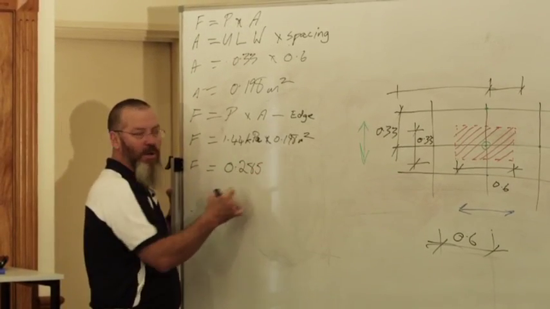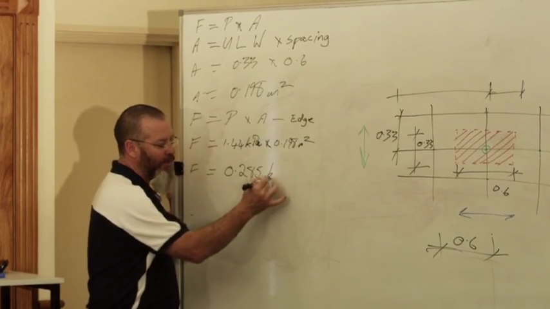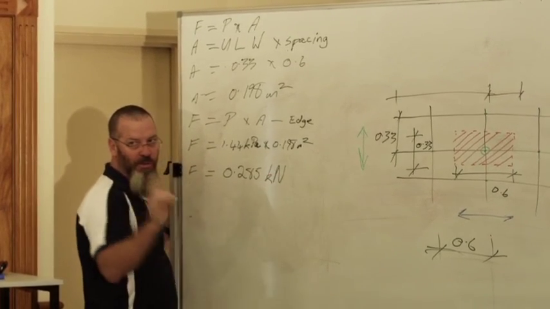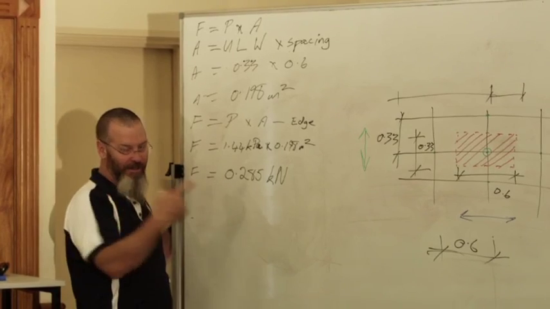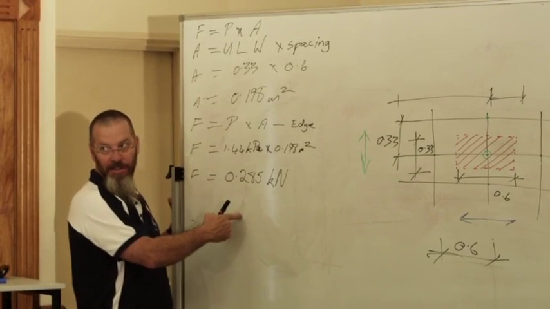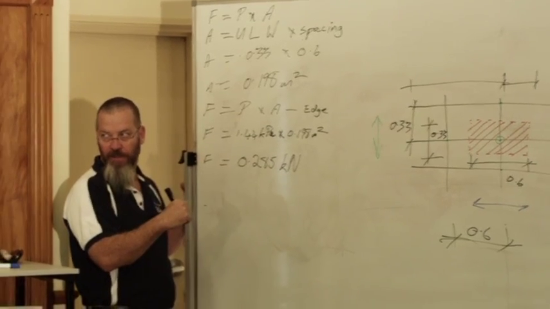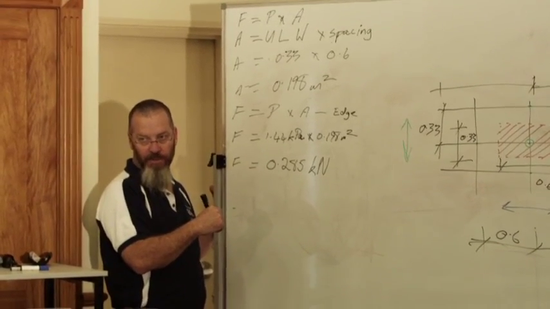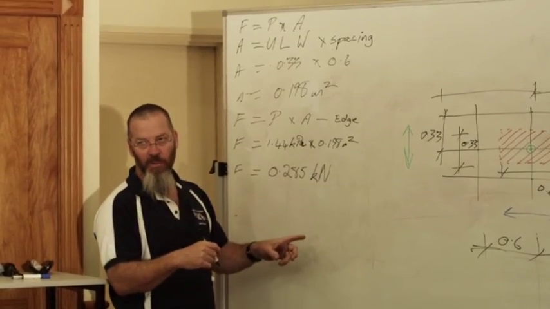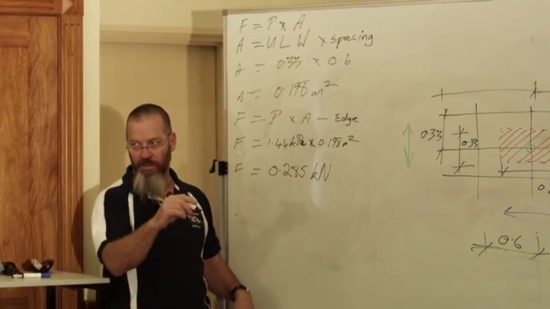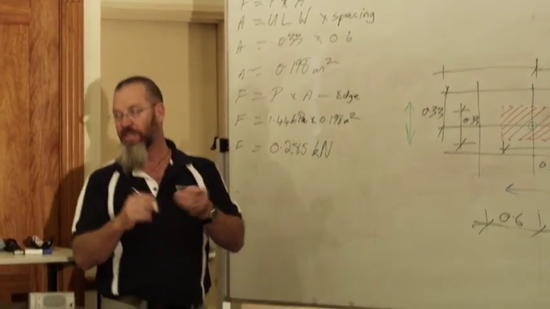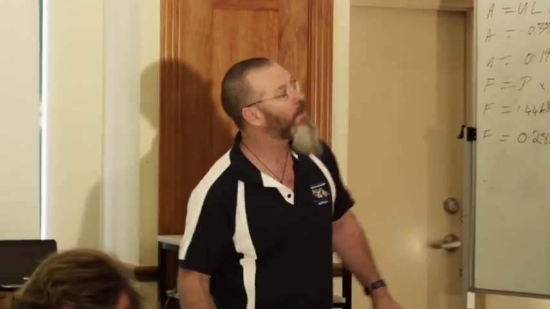0.285. Now, what did I say to you before about that 0.29 kilonewtons? There it is there. That's true. N2 tile roof, they should be using deformed nails, deformed shank nails. There it is there. So that's how that one works. Because that was edge battens, you've got to then turn around and do the same calculation again with